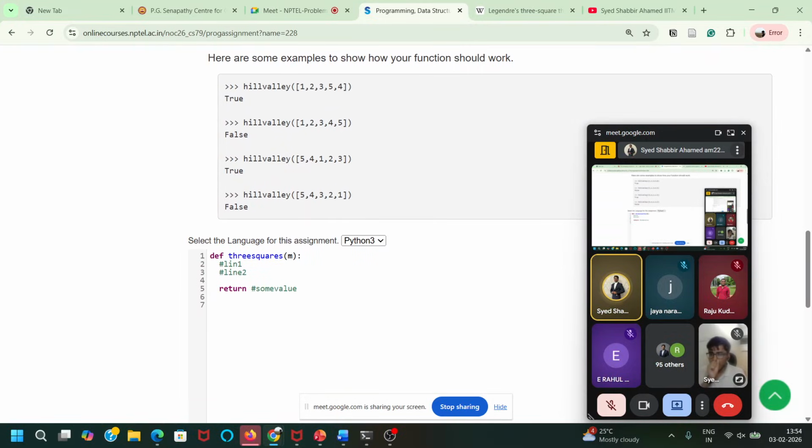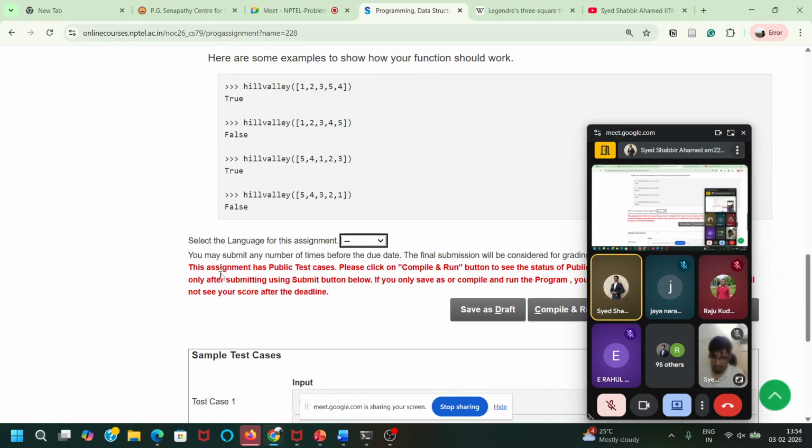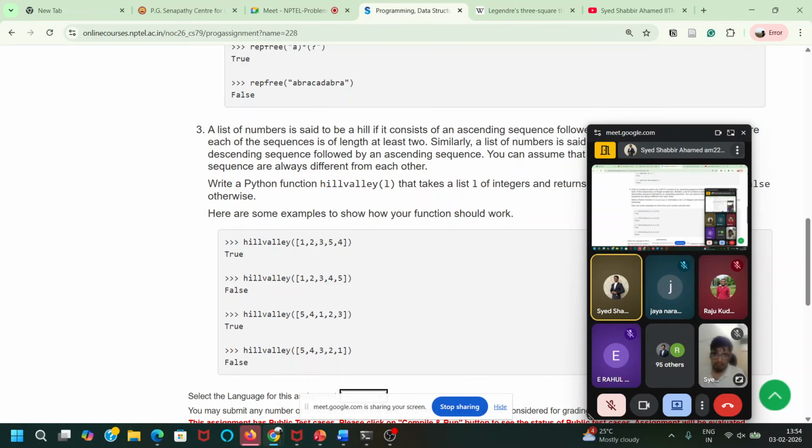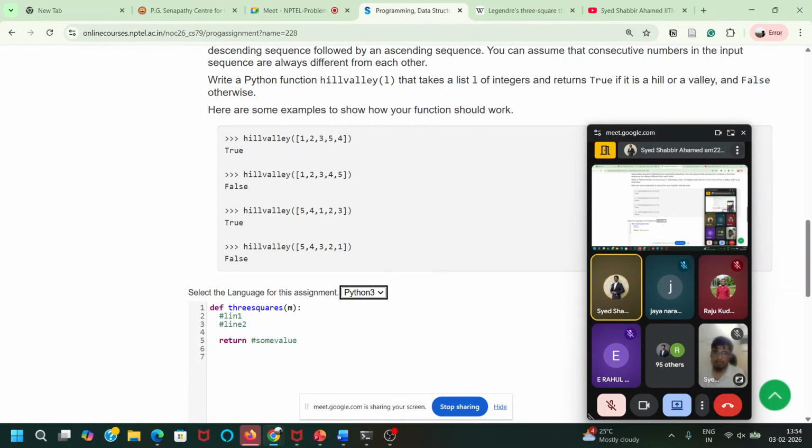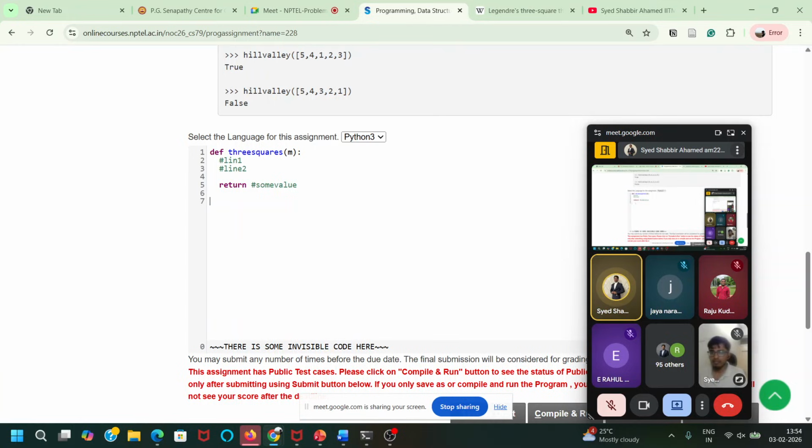Then you go to the bottom of the page. After the third question, you can see select the language for this assignment. Click here, click Python 3, and then you have to write the 3 functions. You don't need to write it here. You can write somewhere outside also, test it on your computer, and then write it here. That also you can do.